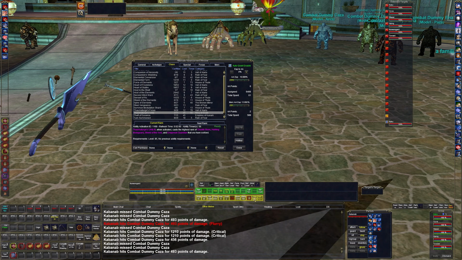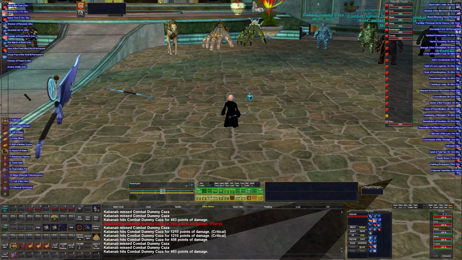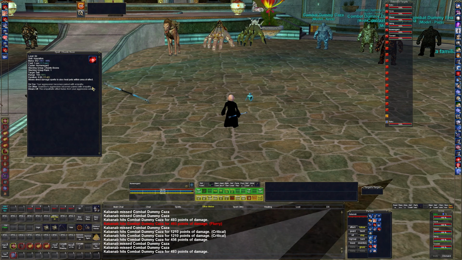Let's see, all that's the same. I do use Thermitage's Unity as much as possible. This gives us Chaotic Boon, Hulking Bodyguard, Shield the Void, and Empyrean Guardian at all times, which you see there. We got a bunch of these buffs down here. Chaotic Boon allows your damage spells to heal the pets. So think about that, right? I don't have to heal my pet anymore